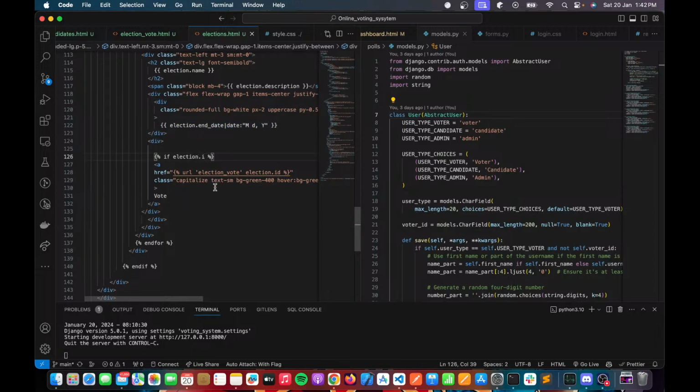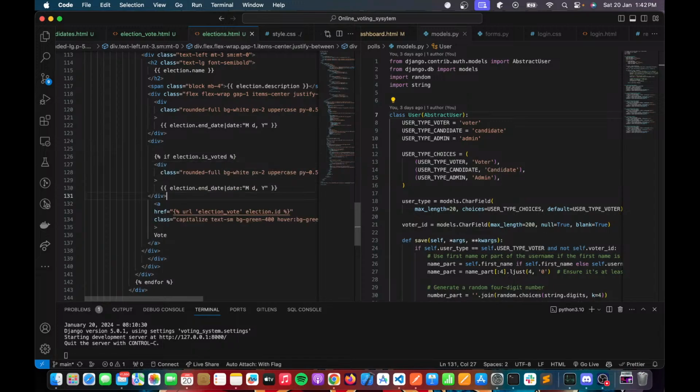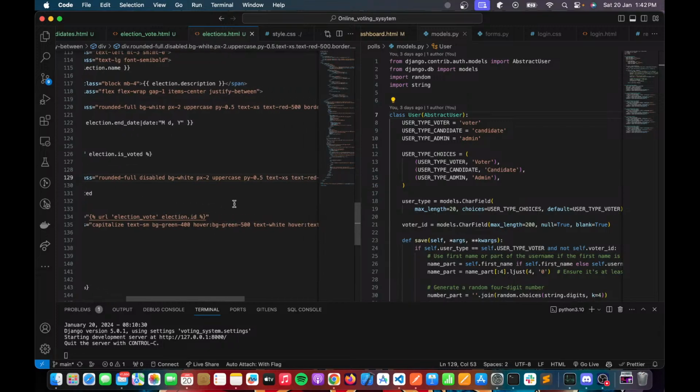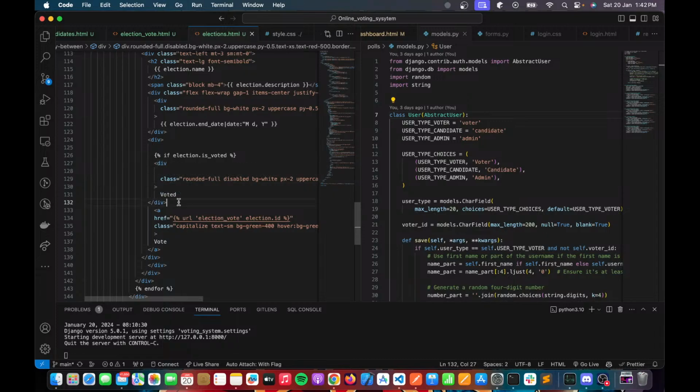If election dot is voted, then I will render this one, voted, making it disabled. I can put it here. Else,